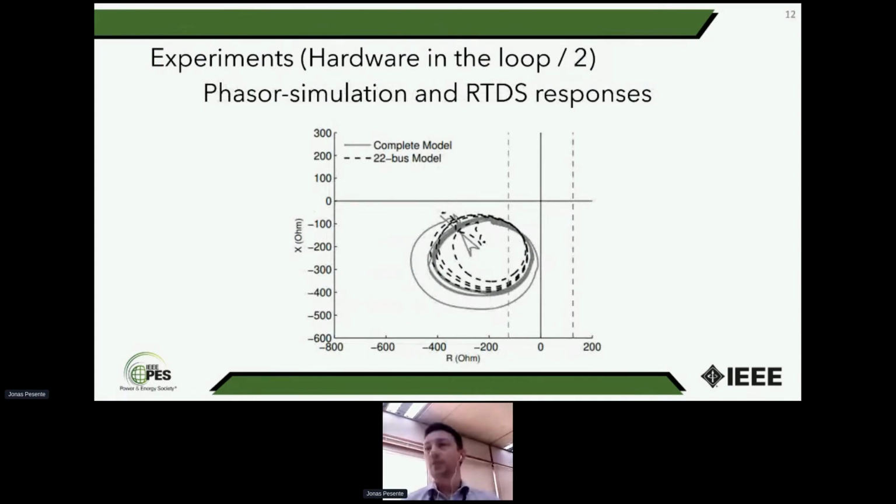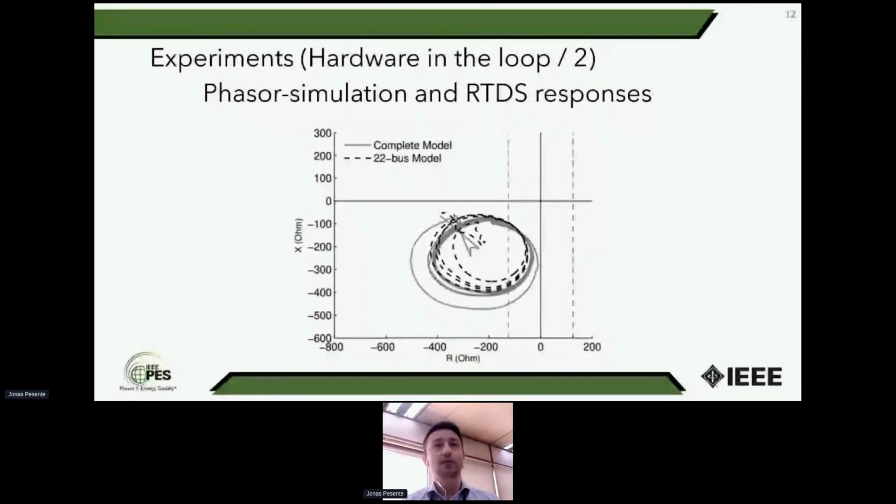And by implementing this equivalent system in the RTDS equipment, we could compare the response of both power systems, the equivalent one and the one the RTDS runs in a type of simulation that we call detailed three-phase, which are two different types of simulation, with the whole system simulated in a phasor-based simulation. So when we compared these two responses, we saw a very good correspondence in the impedance that the protection was seeing.